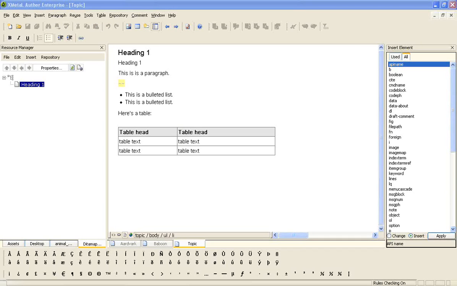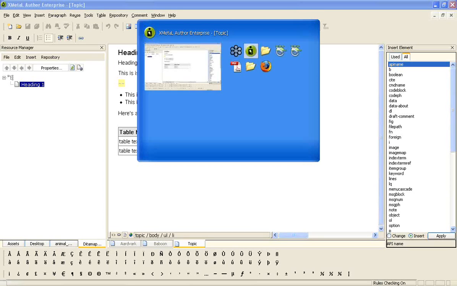So that's kind of where we are. It does output. It does validate. It is valid, which means it conforms to